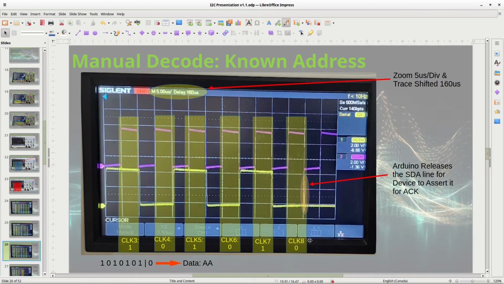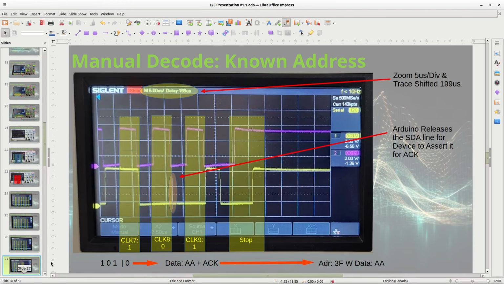8th. And then the 9th bit is, okay, in this case the 8th bit is not read-write, it's actual data. So the 9th bit is the ACK bit, and you can see it's being ACKed. And you'll see it in the next slide. But if you look at the data, 10, 10, 10, 10, that's AA, so it's correct. Now notice this little spike here. So what happens is that the master, the Arduino, is releasing the data bus. It's releasing the data bus so the device can pull it low. And here's the 9th clock pulse, and you can see it's low.